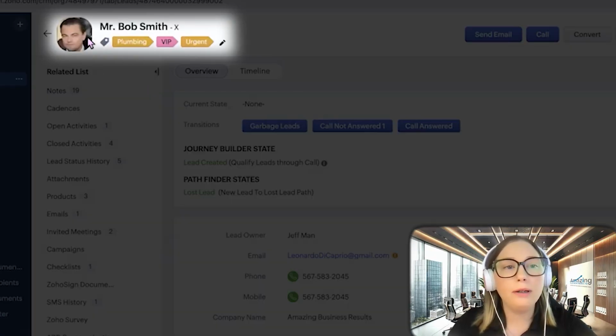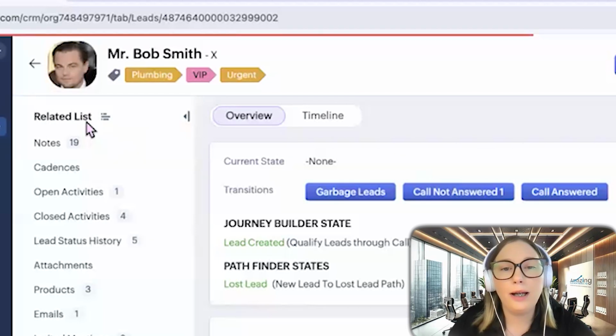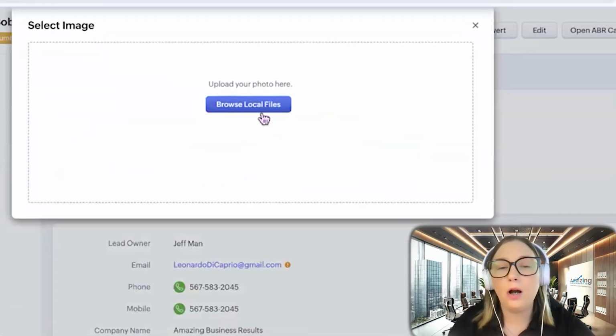Number one, in the upper left-hand corner, we have a few things here. Some people, it's hard for them to see a name on the screen and relate that to an actual person. And so what we do is add a photo to the record to help make that connection, make it a little bit more personal, and then they're able to take better care of that lead. So if we want to create or add a picture, we would click here, we would click upload image, and then we would be able to open up our files and add something there.